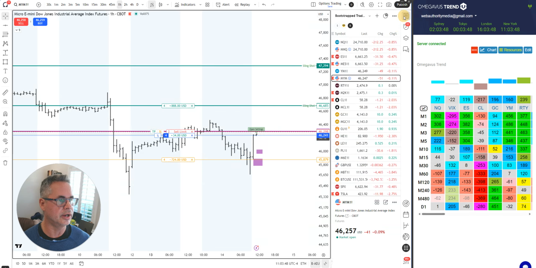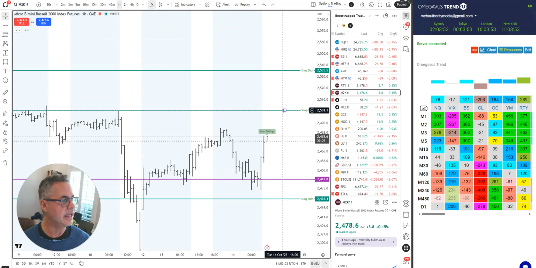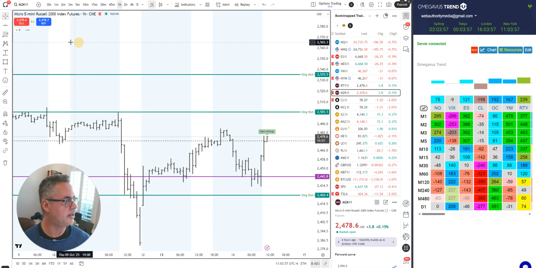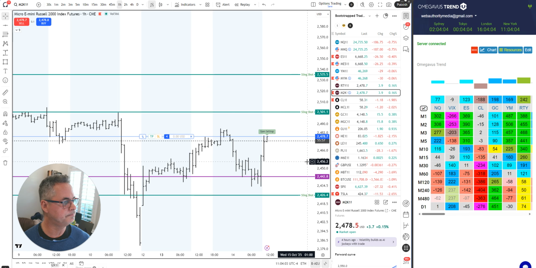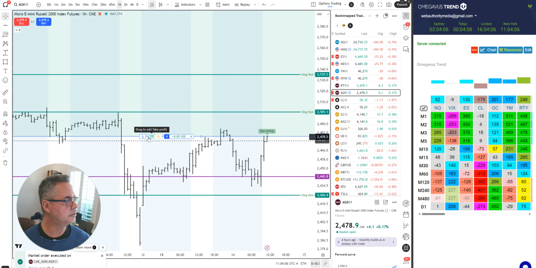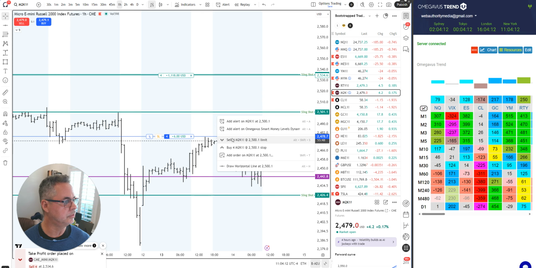Russell is moving along. I don't like Russell much, but it looks fine. And I have targets on Russell, a 2501, 2535. This looks good. I'm going to go with only 4 contracts, right? Boom. There you go. And I'm going to target the swing on the top, the second one, confirm. And I'm going to put 2